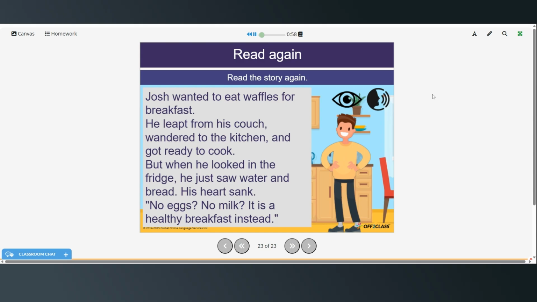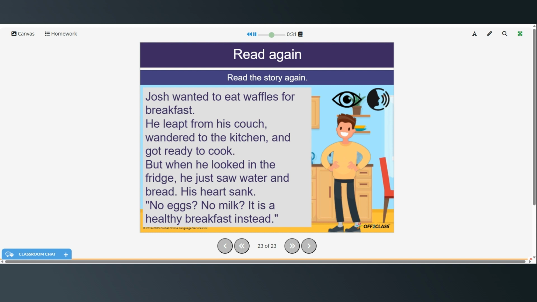Josh wanted to eat waffles for breakfast. He leapt from his couch, wandered to the kitchen, and got ready to cook.